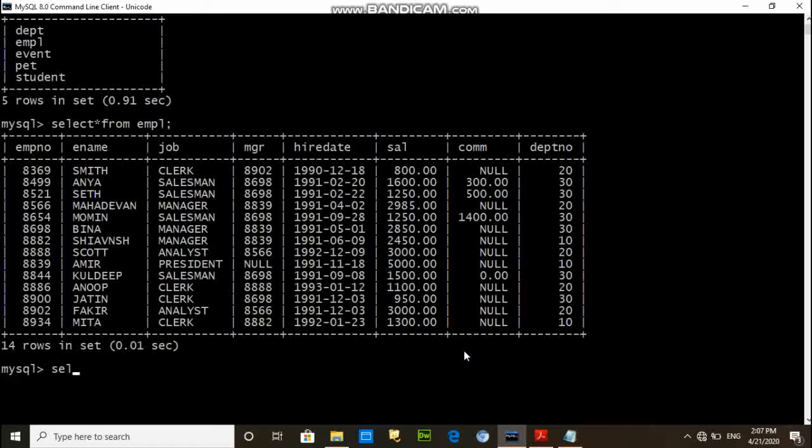So for this we have to write: select asterisk from EMPL where salary between 800 and 3000.